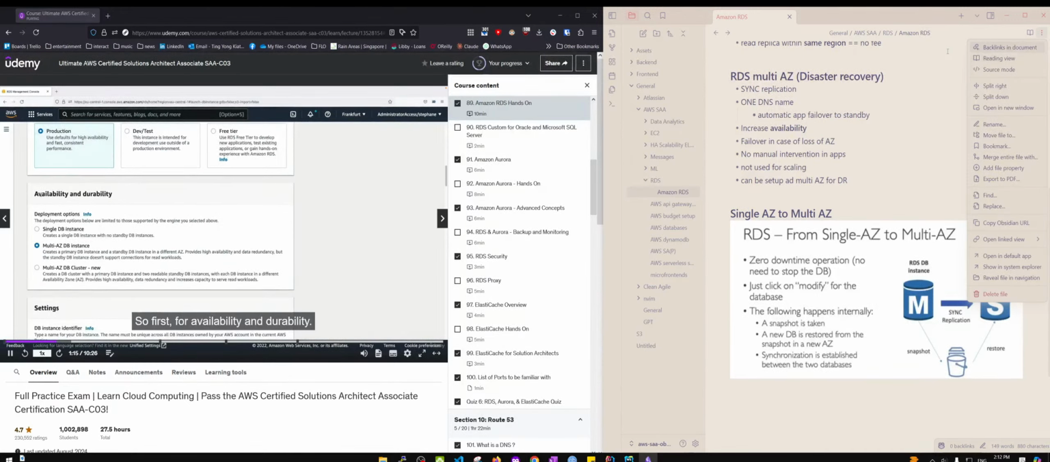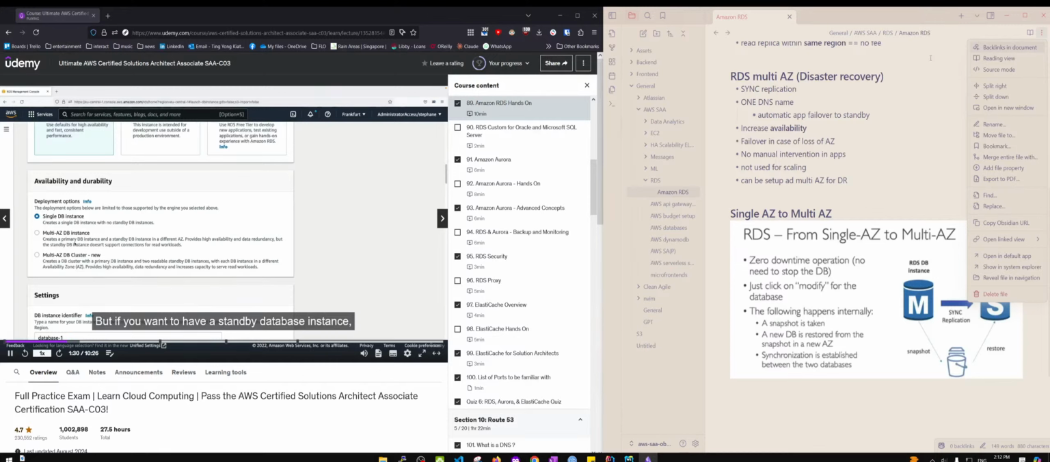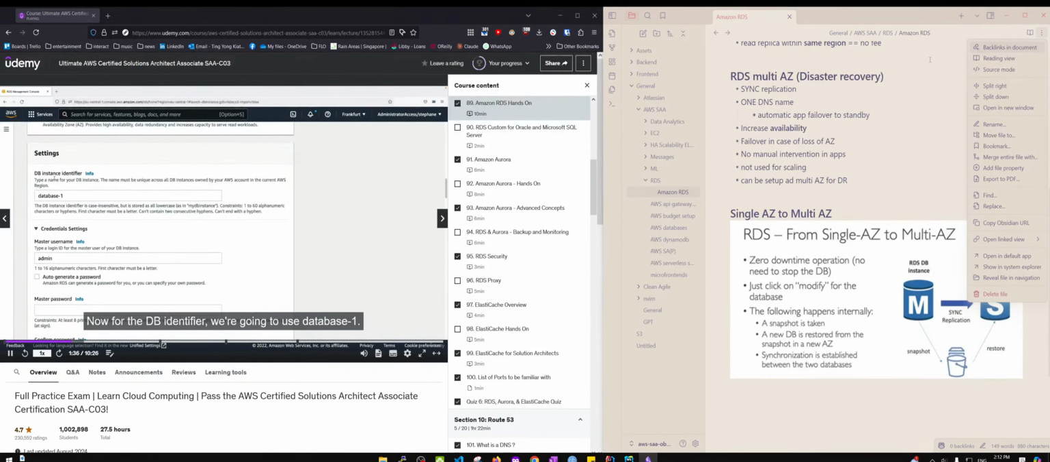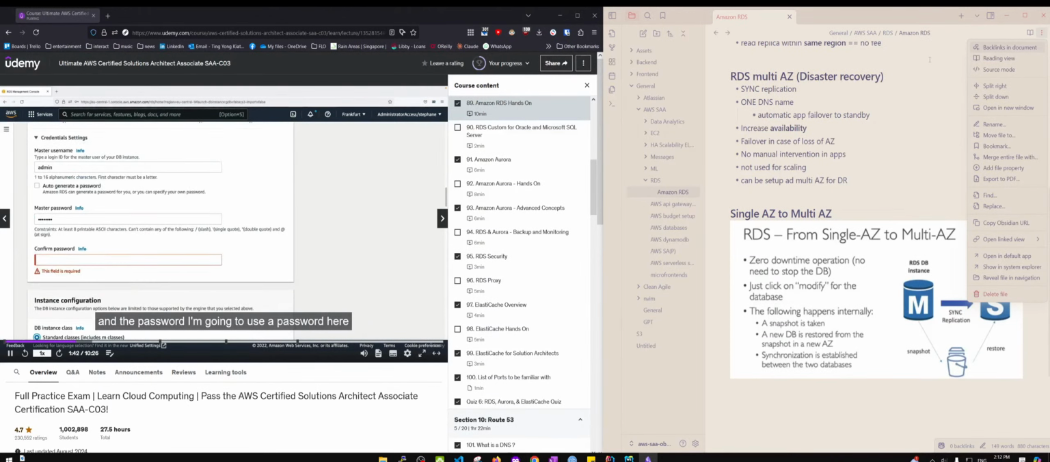So first, for availability and durability, we have three options. We have single DB instance, multi-AZ, or multi-AZ DB cluster. So because we want to remain within the free tier, we're going to use single DB instance. But if you want to have a standby database instance, you would use a multi-AZ type of option. Now for the DB identifier, we're going to use database 1. The credential is admin, and the password, I'm going to use a password here that I'm just going to enter